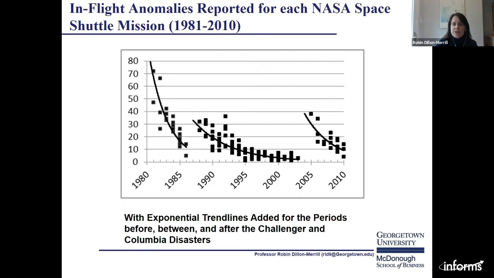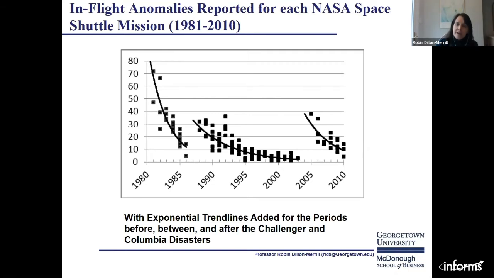I actually had the opportunity to present this graph at Marshall Space Flight Center a number of years ago, and I thought I would just put this graph up, mention what it showed, show the trend lines, and move on. But instead, we spent 45 minutes talking about this graph. And in particular, what we were talking about was the culture at NASA at this very low point, where you were encouraged to handle problems on your own and to not raise concerns,